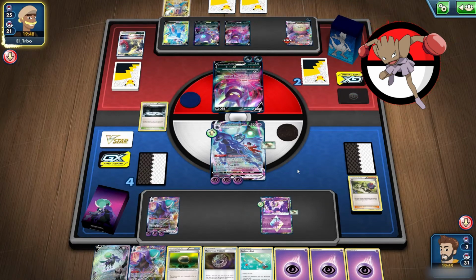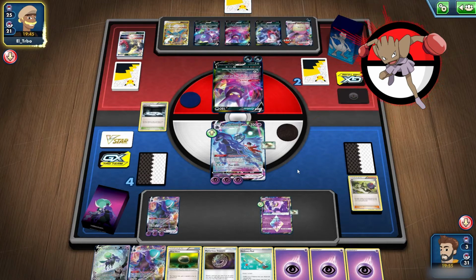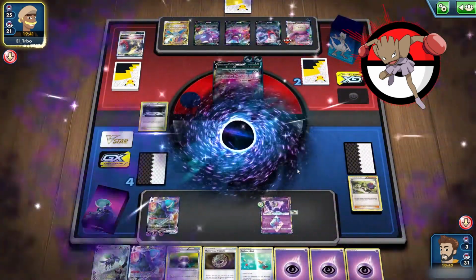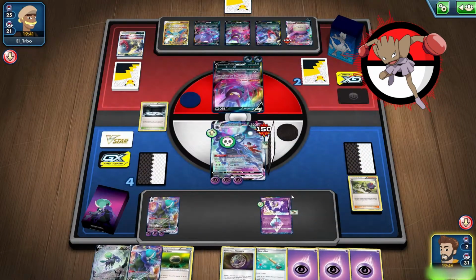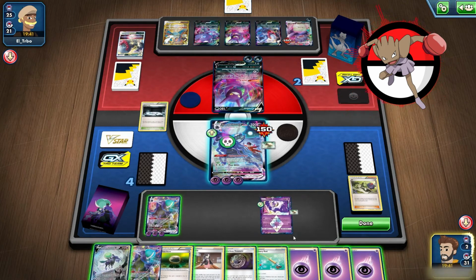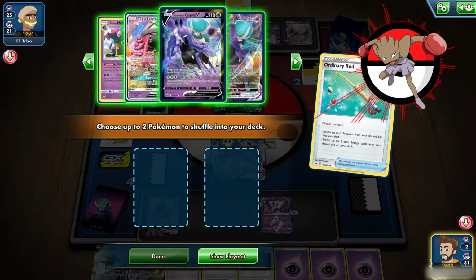But that's okay. If my opponent has like a Crobat VMAX or something up their sleeve, that would really suck. But in a 1-card hand, they can't really have too much. Now can they? They're just going to Venomous Fang us for 140 damage. And we are actually going to be able to retreat, which is really nice, thanks to our Float Stone here. But we can play this other... Is it even worth playing the other Shadow Rider down in this situation? I don't know if it is. First and foremost, we are just going to Ordinary Rod. We'll put back...